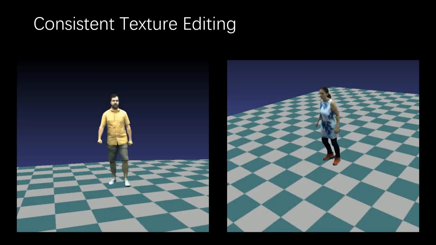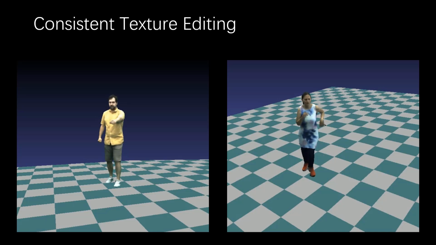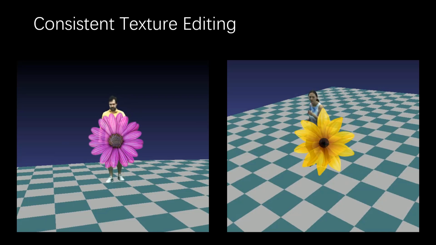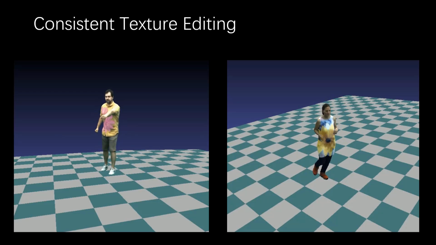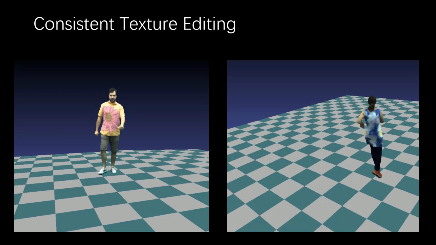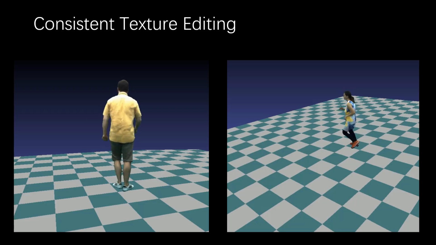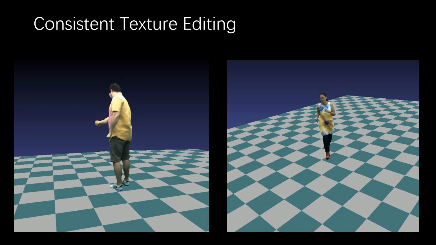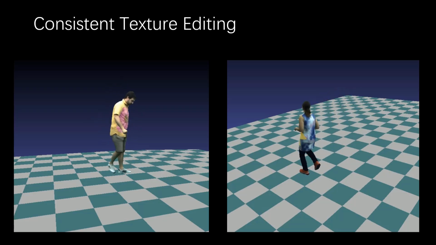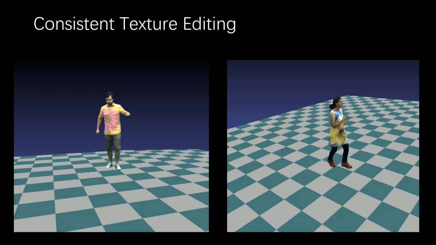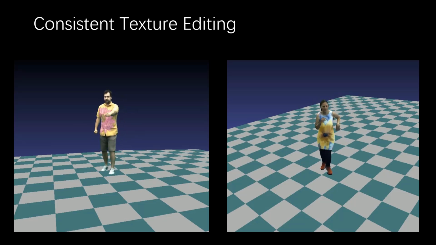TriHuman can be adopted for consistent texture editing. For example, given short video clips generated with TriHuman, and flower images as texture, the texture image can be seamlessly inserted into the clothed human rendering. Notably, thanks to the consistent geometry generated by TriHuman, the inserted texture images follow the deformations of the clothing and preserve the occlusion resulting from variant poses.